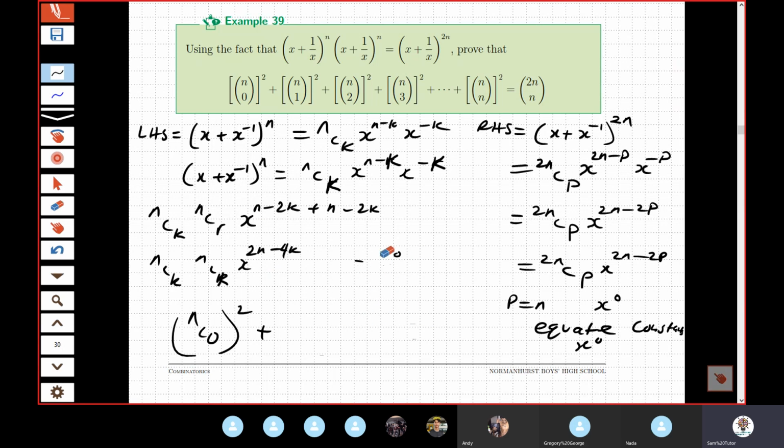Do we even need that condition, Sam? What do you think? 2n minus 4k equals 0. What did I write? n equals 2k. Because we're leaving n as it is. k is 1. The last term is